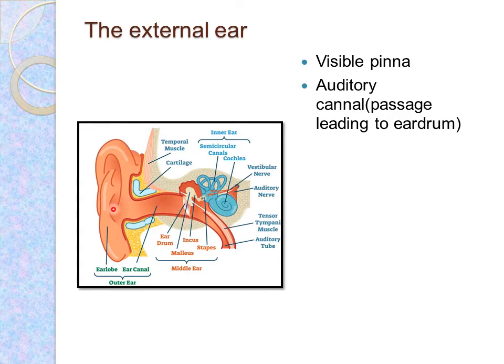In the external ear there are many other things present, that is earwax and several small hairs. What they are doing is preventing dust particles and other waste things from entering the ear, and they protect our ear from certain foreign materials. Next we will go to the details of the middle ear.